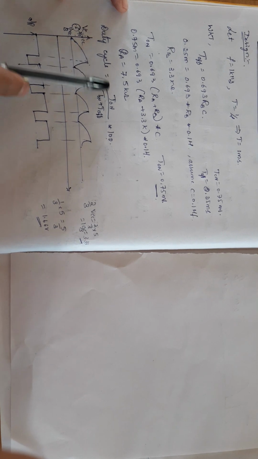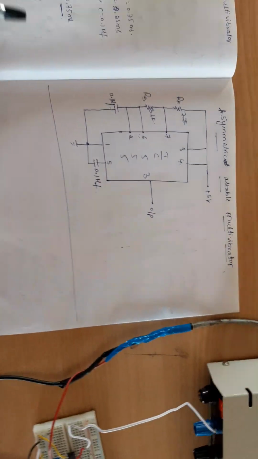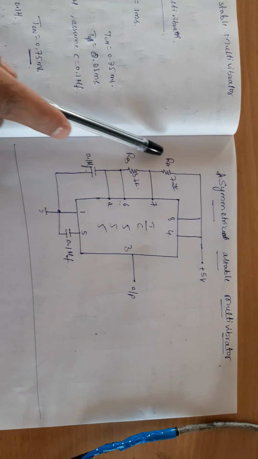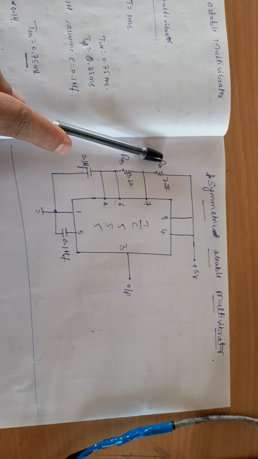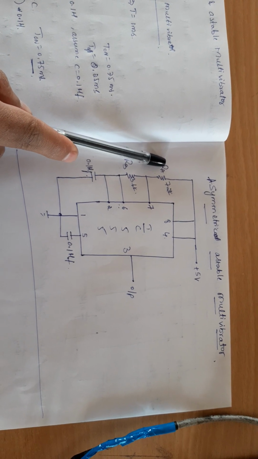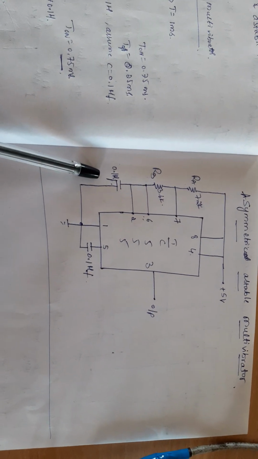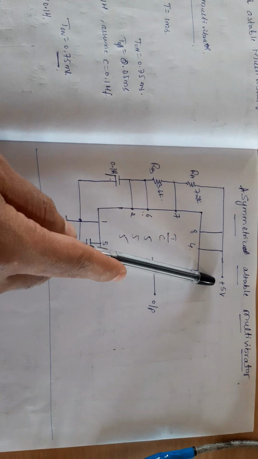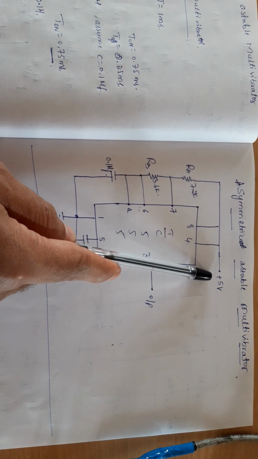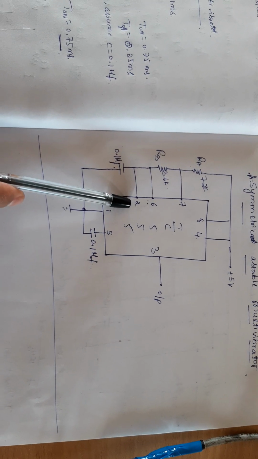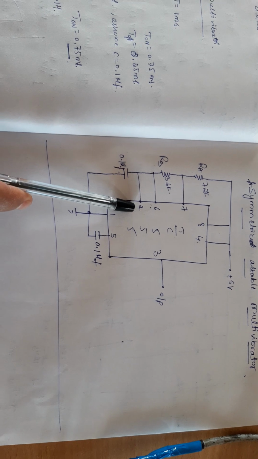So the duty cycle is given by the formula T on divided by T on plus T off, into 100. Now we will move towards the circuit. So this is the circuit diagram of the asymmetrical astable multivibrator. Here RA is 7.2 kilo ohm, or 7.5 kilo ohm approximately, RB is 3.6 kilo ohm, and the capacitor is 0.1 microfarad. The supply for the 555 timer is plus 5 volt. Output is observed at pin number 3, and at pin number 2, charging and discharging of the capacitor can be observed.